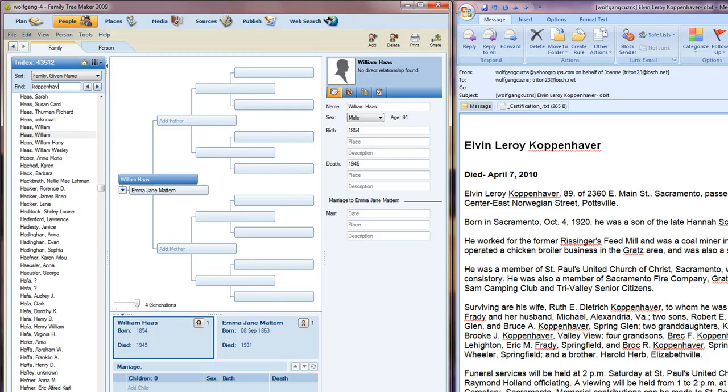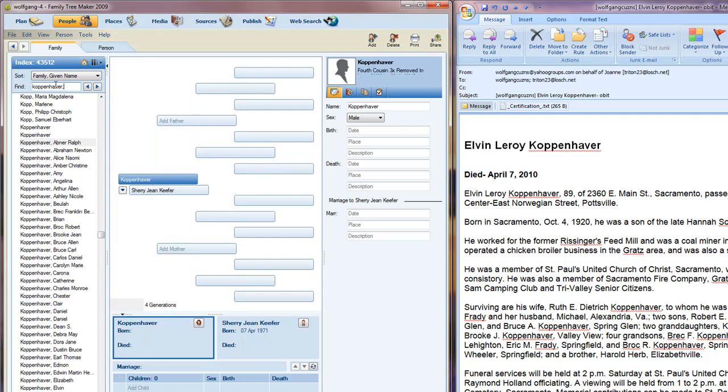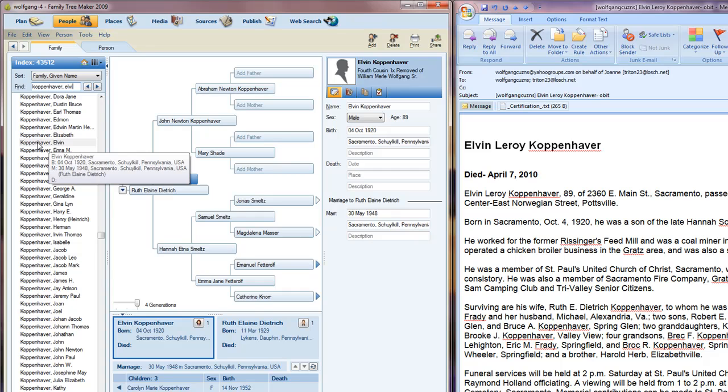Most of you are familiar with the format to search for an individual in Family Tree Maker, starting with the last name, then the first name. Once we have the individual up, then we need to check some data to make sure that we've got the proper person pinpointed. In this case, we have a couple of things that would indicate that we have the right person. One, his birth date, October 4th, 1920, and we see in the email that that's his birth date. And we also have his spouse's name as Ruth Elaine Dietrich, and we see down here that her surviving spouse